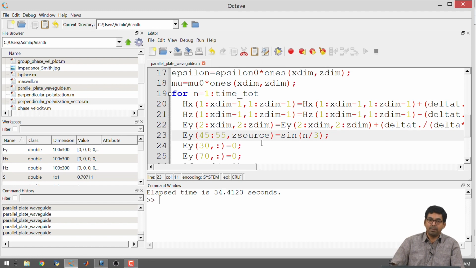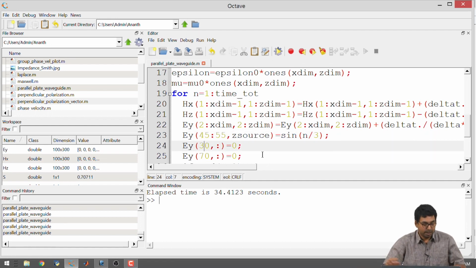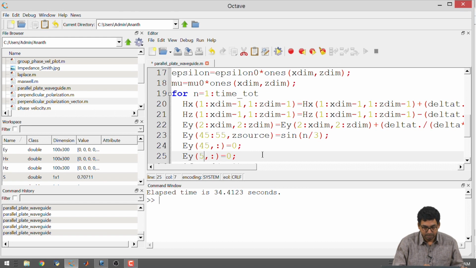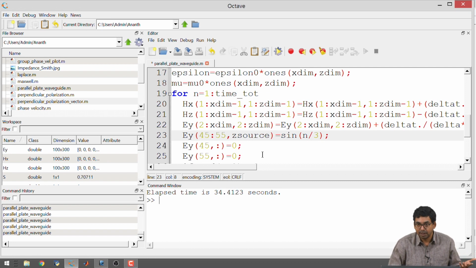In fact, the essence of waveguiding is I should be able to take it from one region, guide it to some other region which is not exactly in the line of sight, right. So, now we will go ahead and do that, but we will also remove some of the unnecessary parts. I will make the waveguide narrow again, all right. So, it is easy for me, right. So, I will make it between 45 is what we saw and 55, all right, and let the source be as wide as the waveguide, and I will also choose a safe frequency to operate, okay.